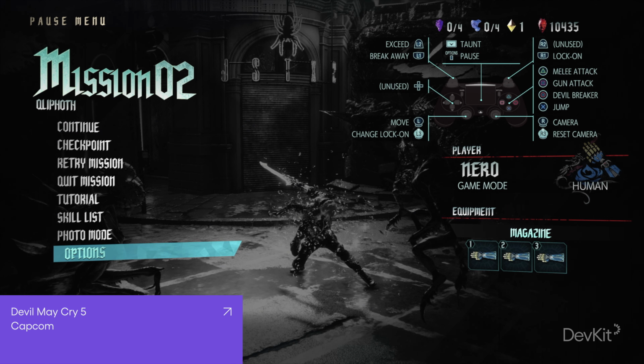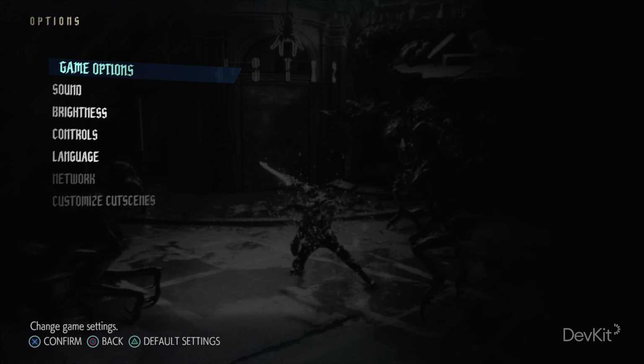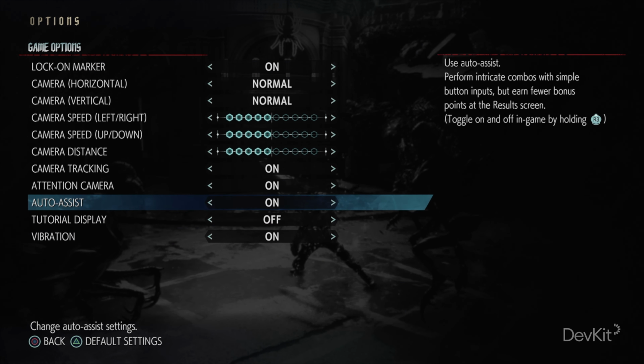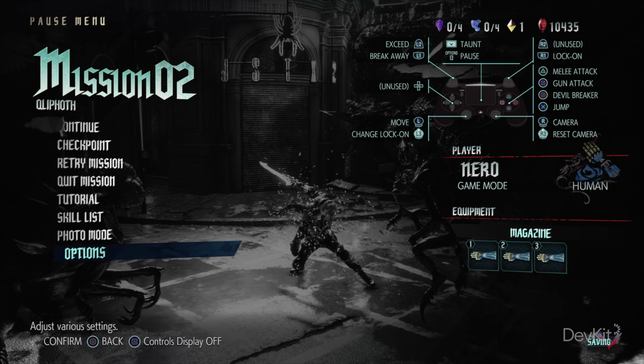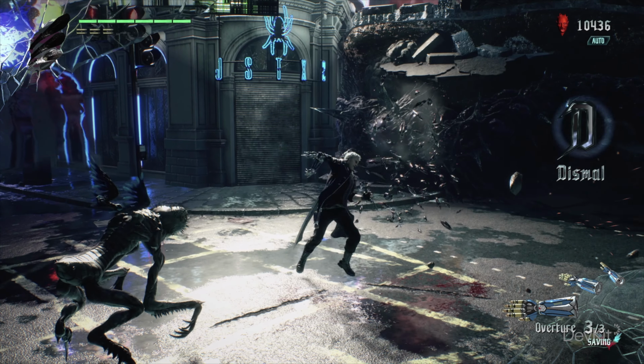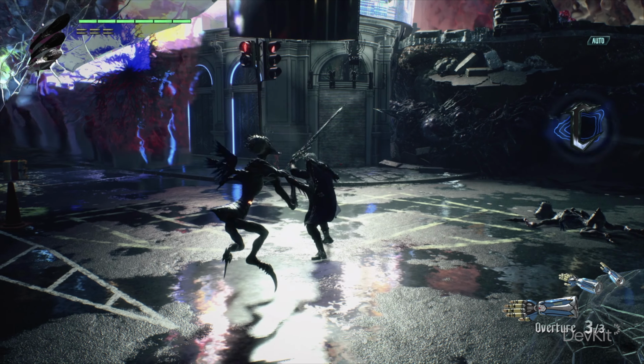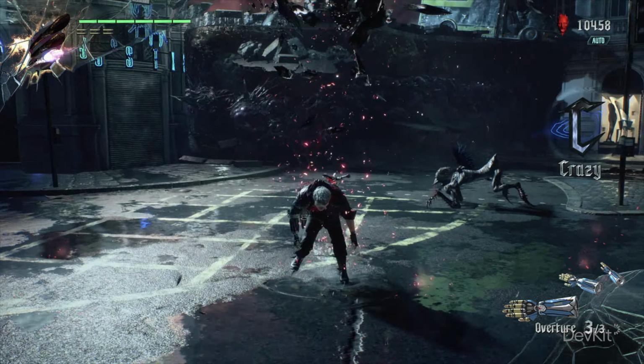In Devil May Cry, using the auto-assist mode will let you perform intricate combos with only a single input, where normally multiple different inputs would be required. When the input is pressed in combat situations, the game will try to determine what the best action is at any moment, and automatically perform it for you.